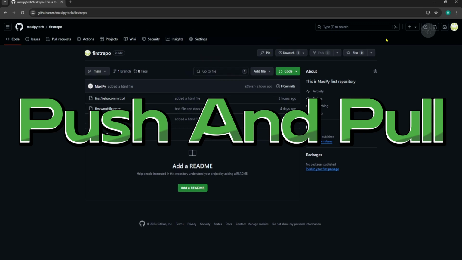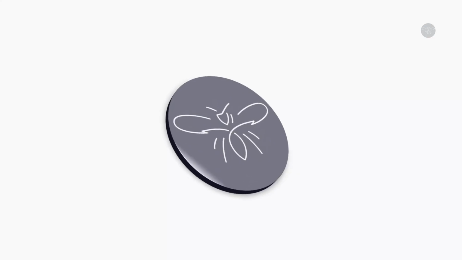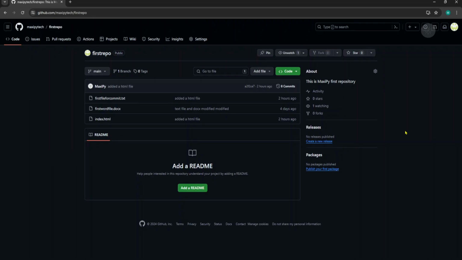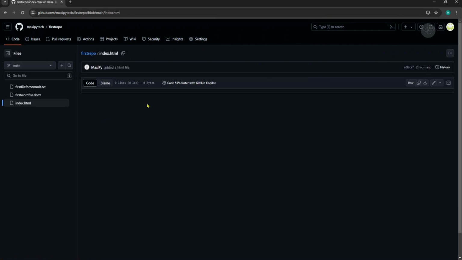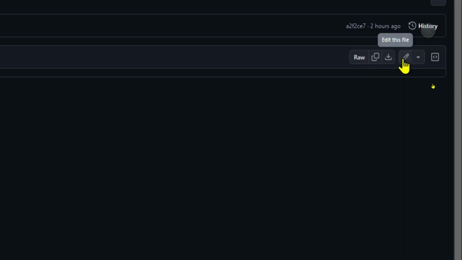Let me address the subject of push and pull so that you can understand it in the context of Git. GitHub offers you a free code editor online, and it is on this interface, and I'll show you how it works. Maybe you want to edit this index.html. I just open it, and then you come here and edit this file. This icon looks like a pen. I'll click the edit this file,